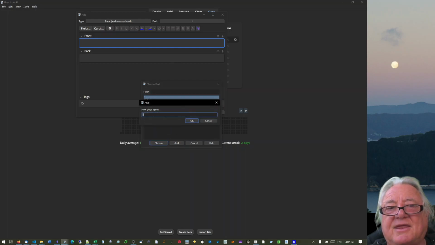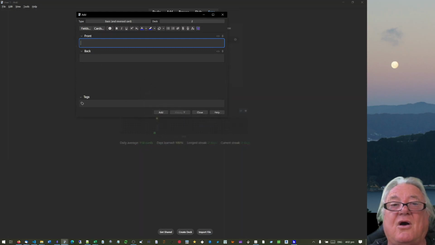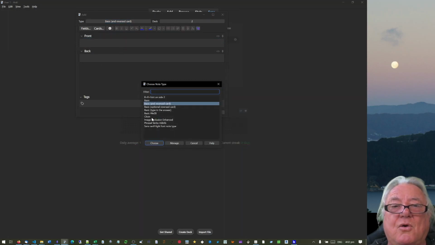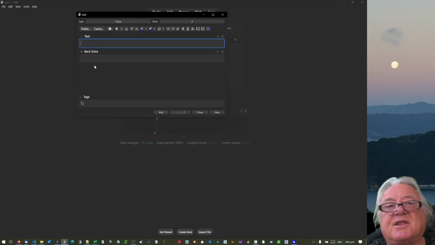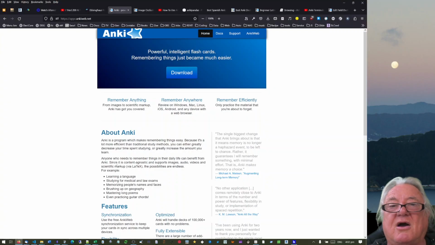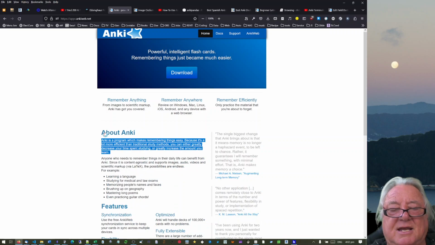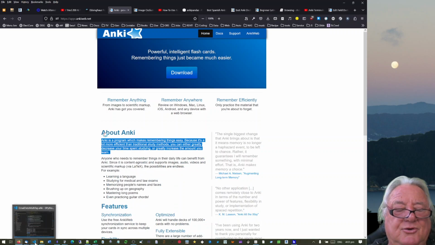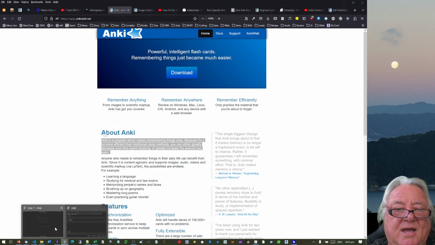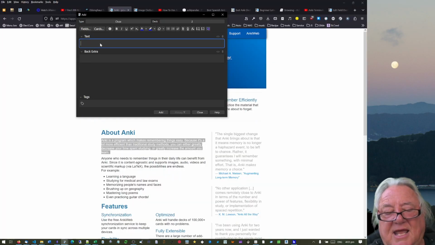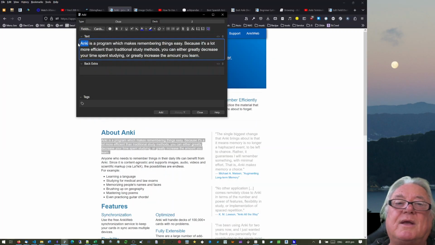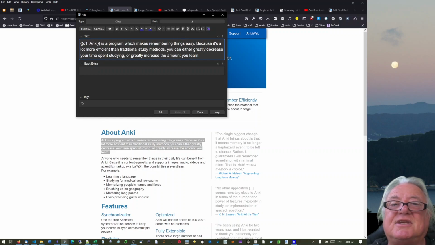So we're going to add another deck or another folder, and I'm just going to call it 2. And on this one here, we're going to call it a type close, and we're going to choose that one there. So this one here is we can go and grab a bit of text somewhere. So we'll grab that bit of text there, and we can paste it into here. So what we can do, we can suddenly say we can highlight that bit there and we can hide it, and it gives us this bit of thing,